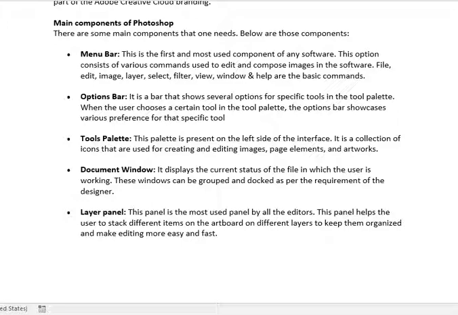The last component is the layer panel. Layer panel is the most used panel by all the editors. It is a panel where we can handle all the layer related tasks, from adding and deleting layers in Photoshop.